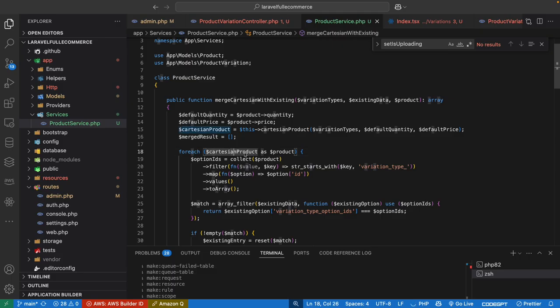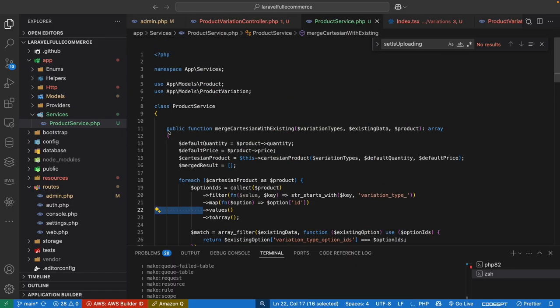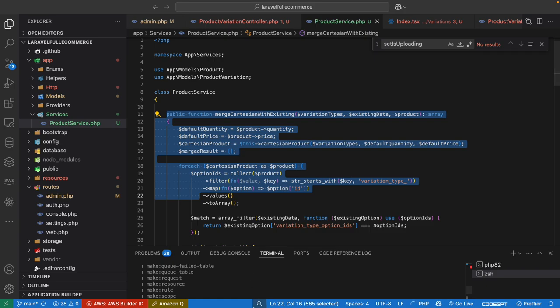And then Cartesian product, we had option of this product collection, filter this variation type option id, mapping, and get values. I will explain this one next video. Okay, and